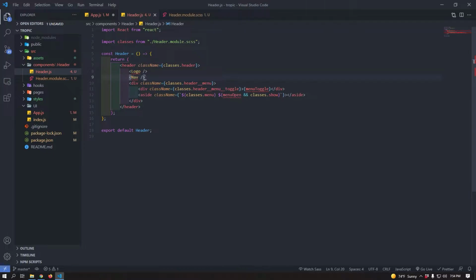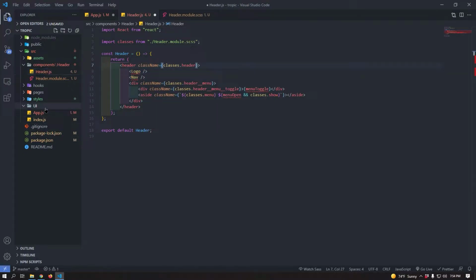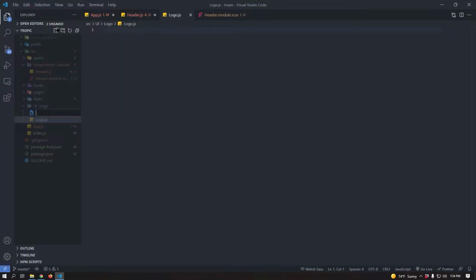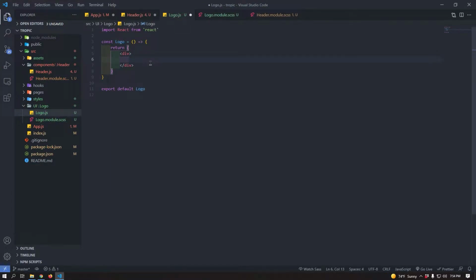So first of all, what we're going to do is make this component logo because we're going to use this in multiple places in our project. So we'll go ahead over to the UI and we'll make a logo. And within here, do logo.js and logo.module.scss. Okay. In logo, do RAFCE. Boom. And yeah, so then here we'll do a